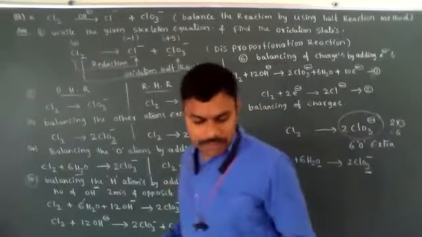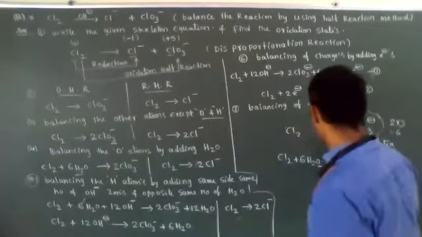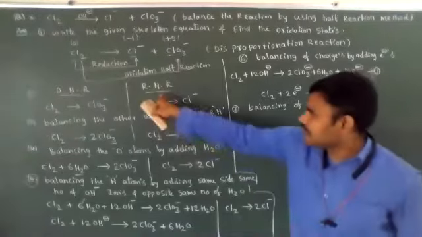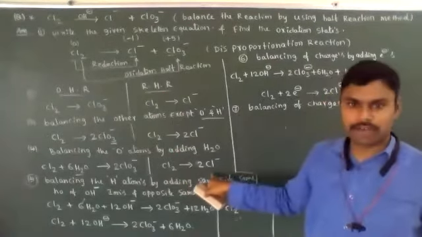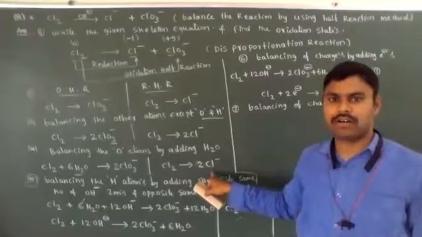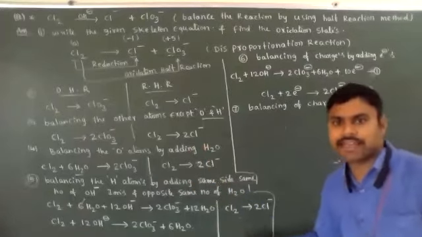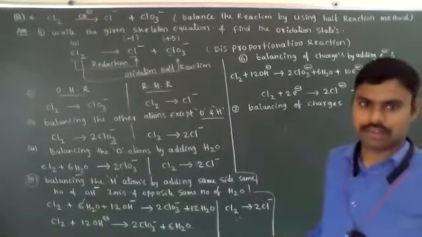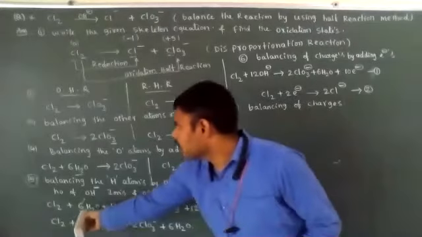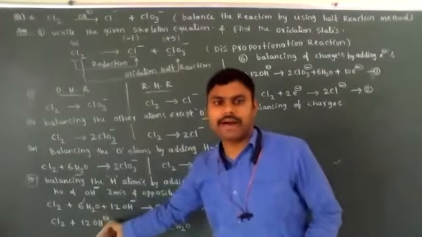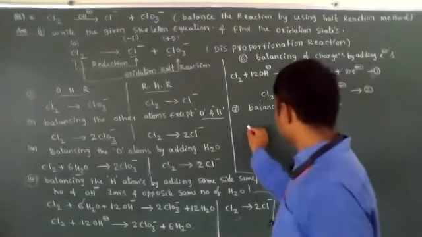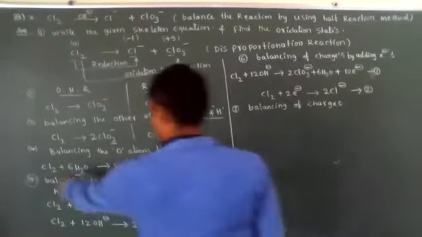Now the fifth step. Clear observation is very, very important. In the fifth step, in the reduction reaction there is no problem, because there are no oxygen atoms and no hydrogen atoms, so it stays as it is until balancing of electrons. But in this oxidation reaction, we need to balance hydrogen atoms. Let's see the fifth step.